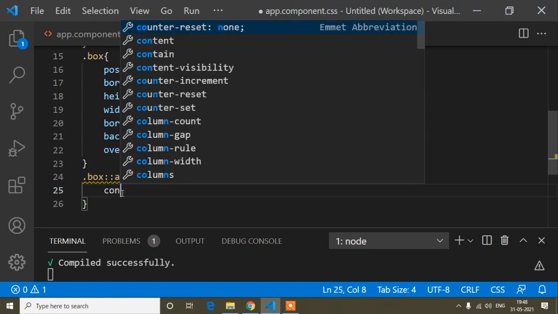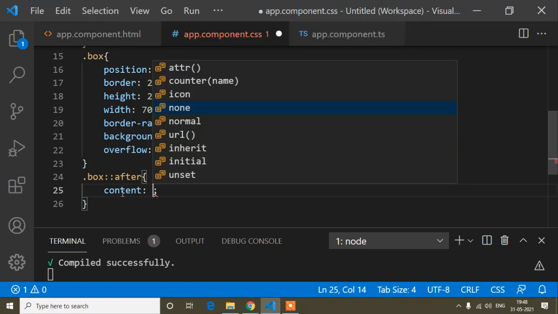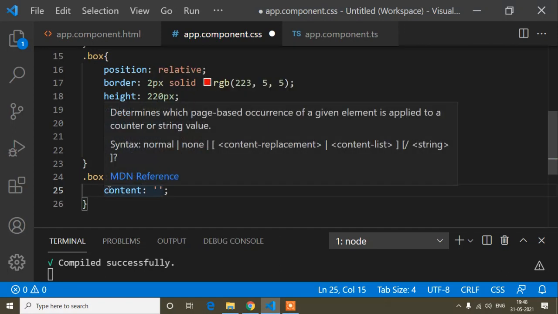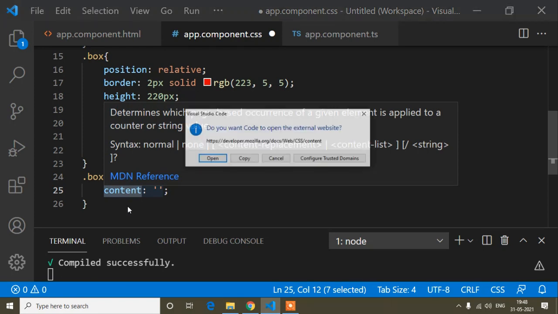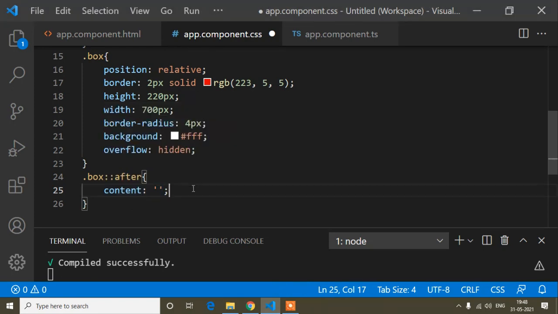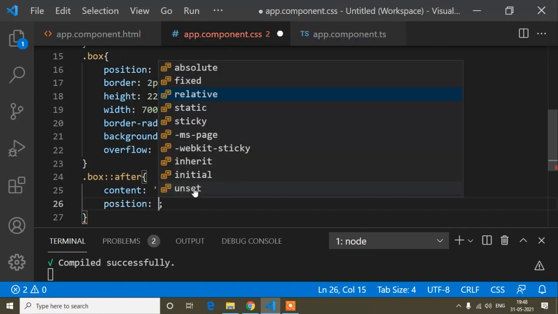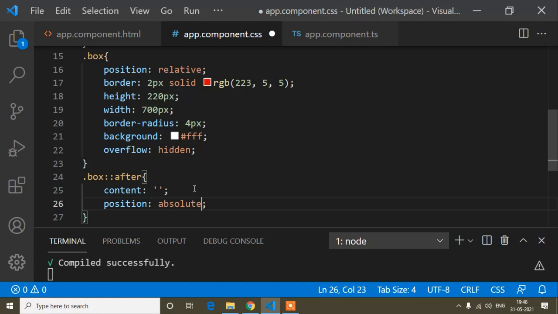When we write after, we have to write content. This is very important. If we don't write content, this after will not work. So we have to write content, and position absolute, because after and before are floated most of the time. And I want to make this after floated, so that's why position absolute. And where I want it to float is in this box, so that is position relative.